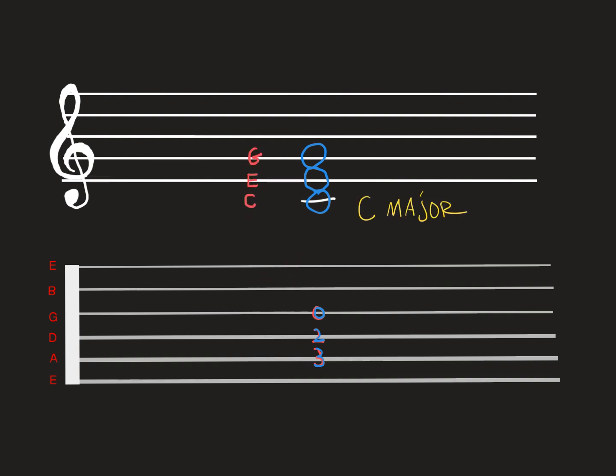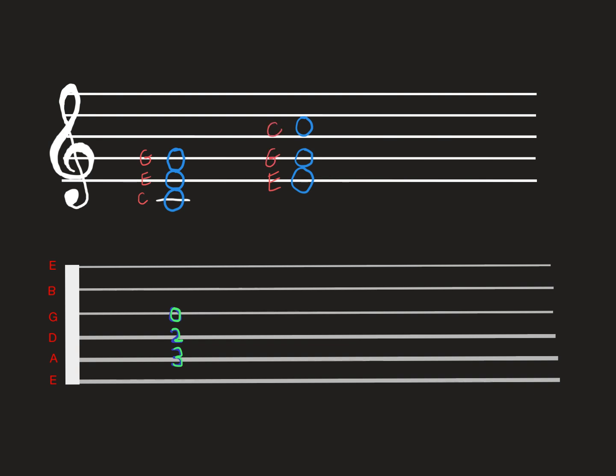Now, if we lower the third from E to E flat, that same chord becomes C minor: C, E flat, G. Now let's take a look at inversions. A triad is still a triad even if the notes change order. For example, if our root position is C, E, G, and our first inversion is E, G, C, and our second inversion is G, C, E, they are all still C major triads because they contain the same three notes,